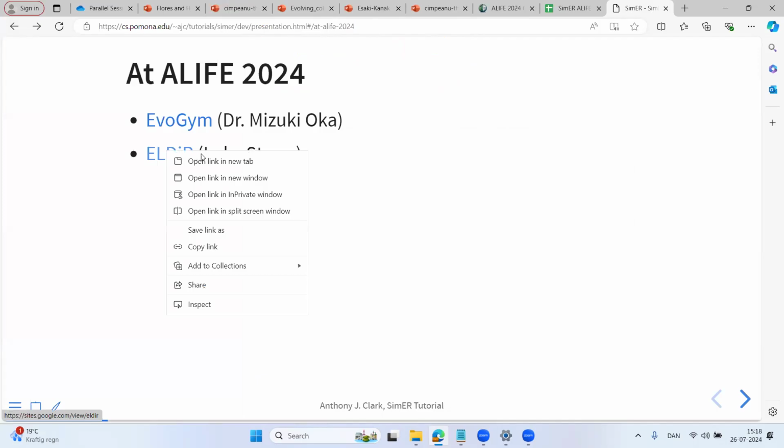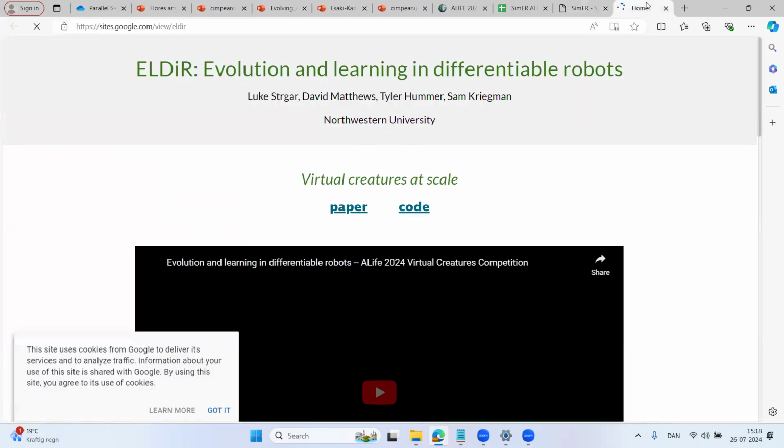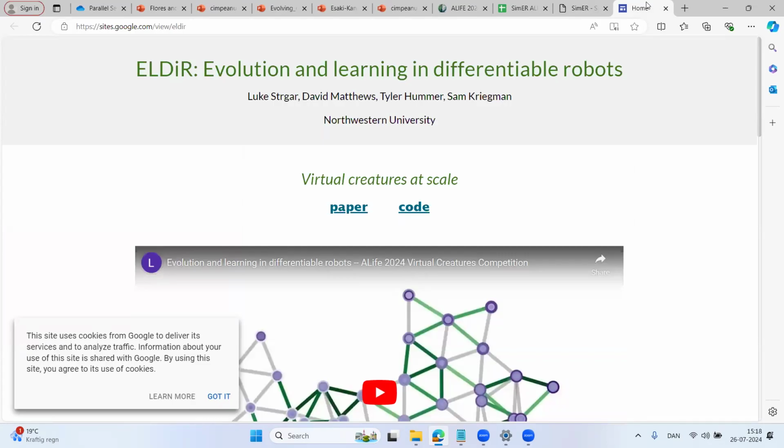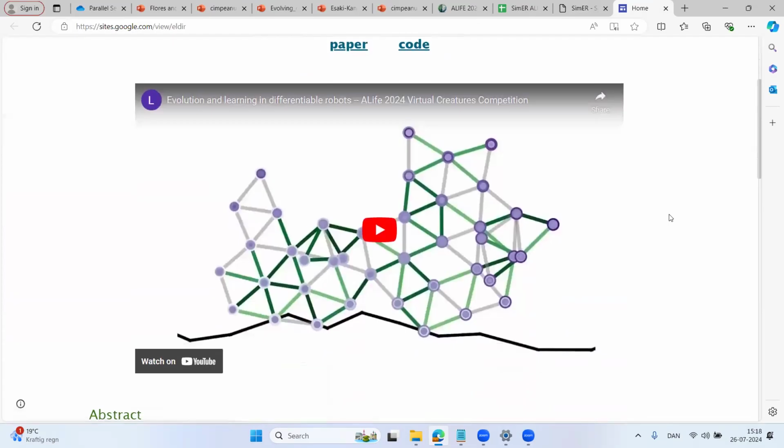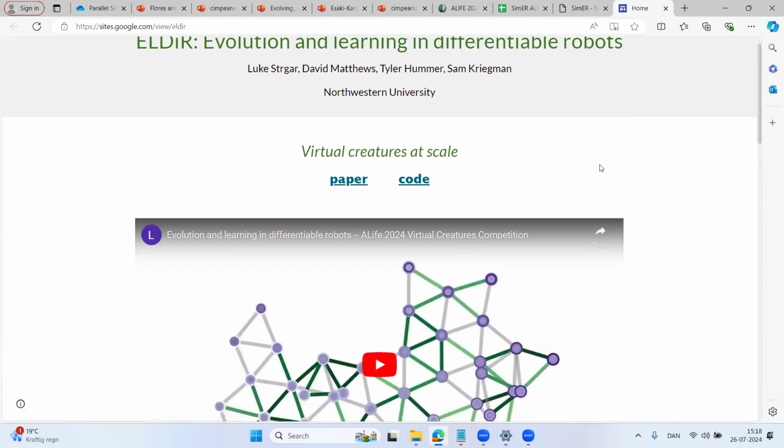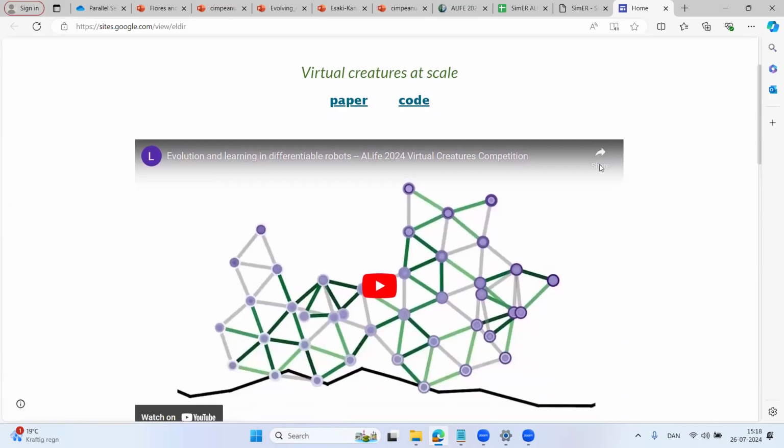Luke is actually here. This is a very related form of evolutionary robotics, also built on spring and damping systems. These are two tools that, if you were interested in getting into the area, I would encourage you to look at. Luke, you can correct me if I'm wrong, you said next week this is going to get some more polish, and the GitHub repository linked at the top here will make this pretty usable for other people that want to do similar experiments. This is a tensegrity soft robotics style thing, also built on spring and damping systems. That's not an area of research that I've really done much work in.